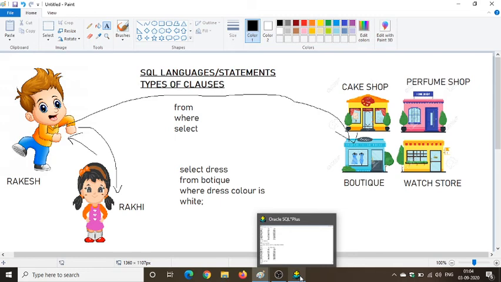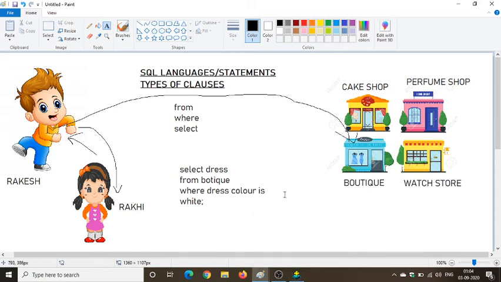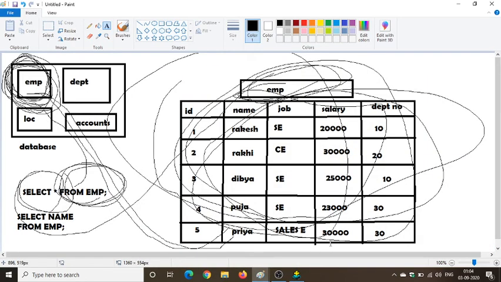So, guys, first of all, as I discussed in the theory, the where clause gets executed row by row. Now, coming to this diagram,